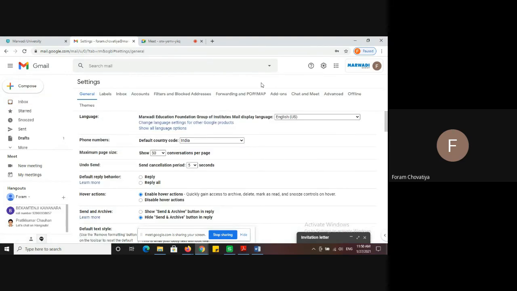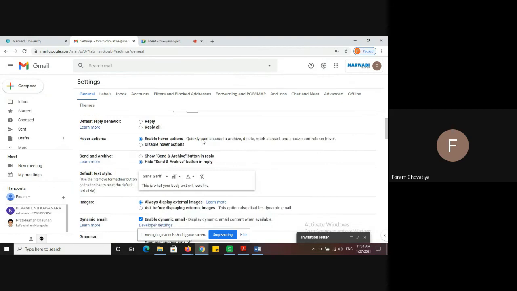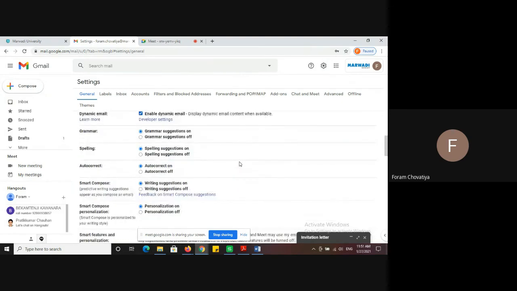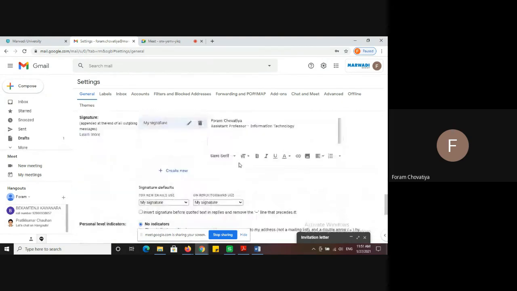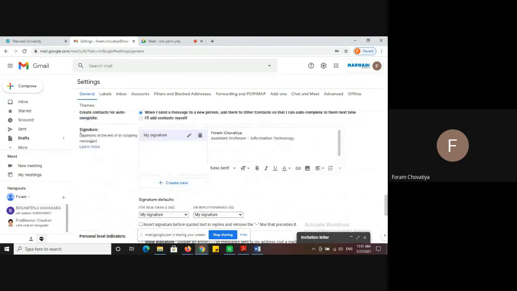Okay, go to this settings button. If you click on that settings button, some options are available. In that you have to select signature. Here the signature option is there, and write down my signature. In that box you have to put your signature.